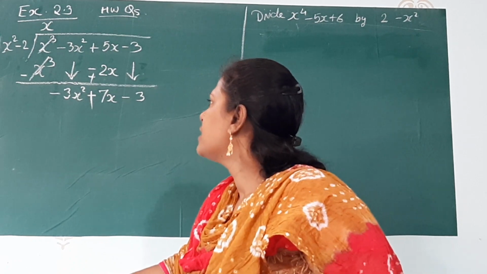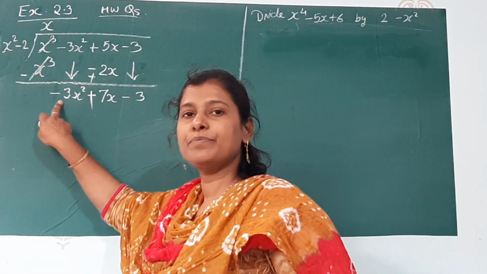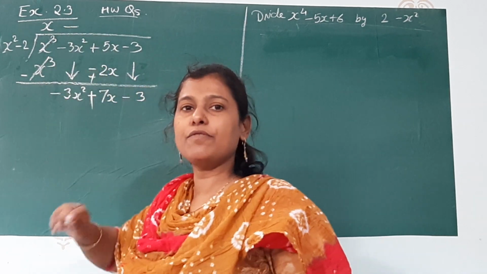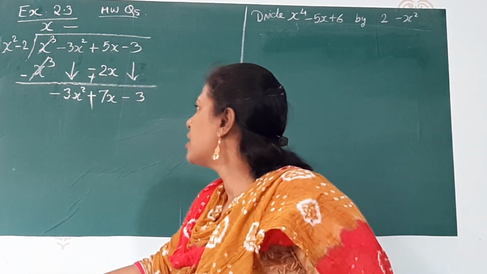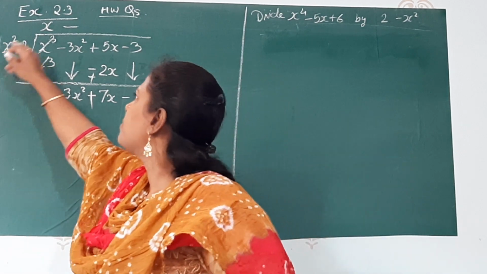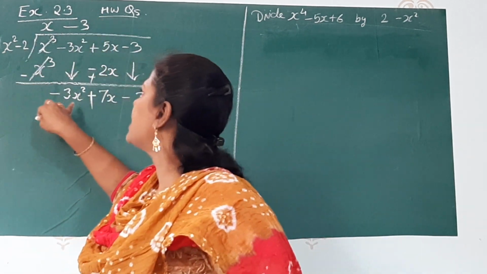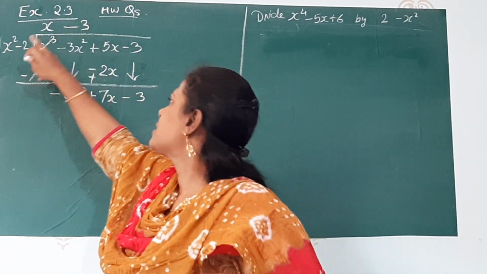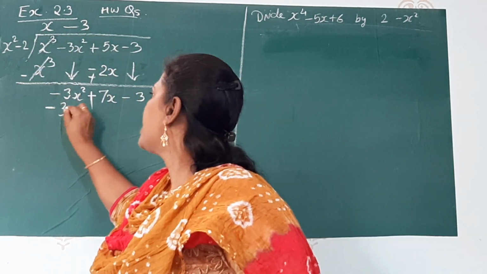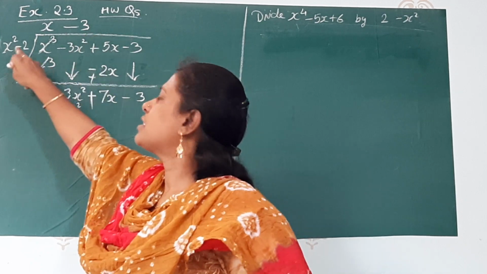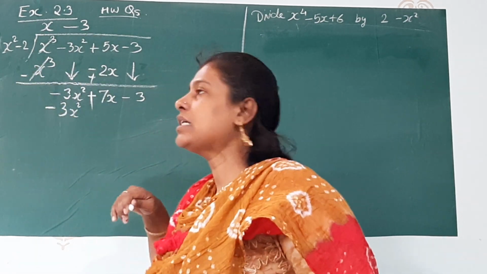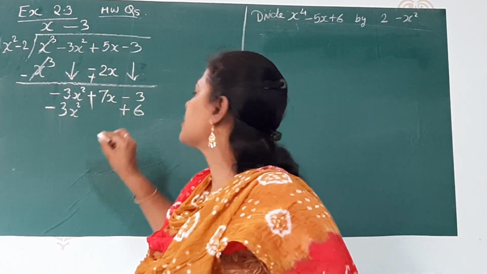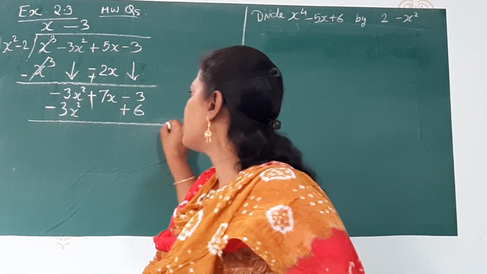Now here in this case we have minus, so we will take minus. The first term sign will be the sign of the question. Now here number 3 is there, where here the number is missing, so we will take the number as it is. X square degree is same, no need of putting x. Minus 3 into x square, minus 3x square; minus 3 into 2, 3 twos are 6, and minus minus plus. So plus 6. Now we have to change the sign.